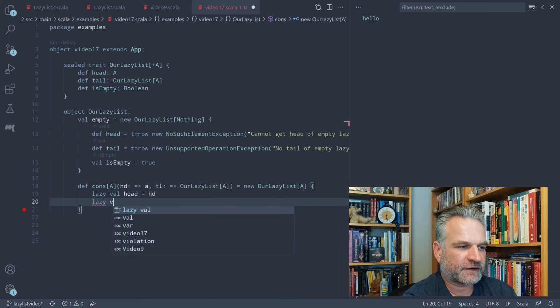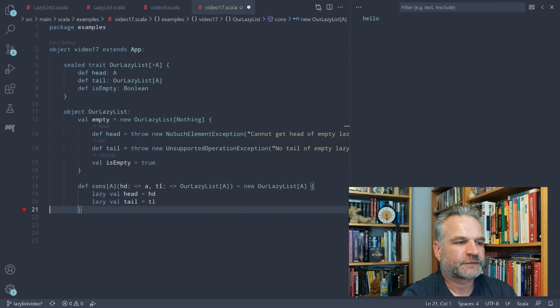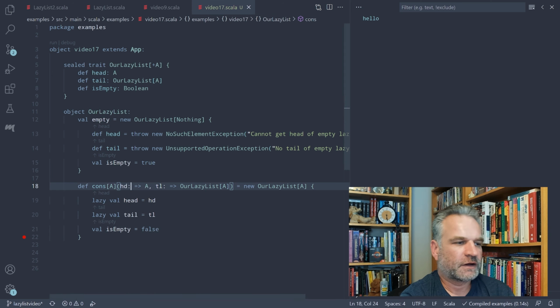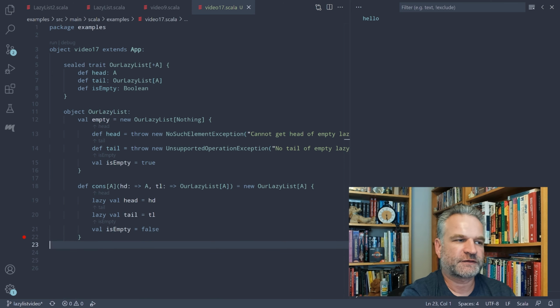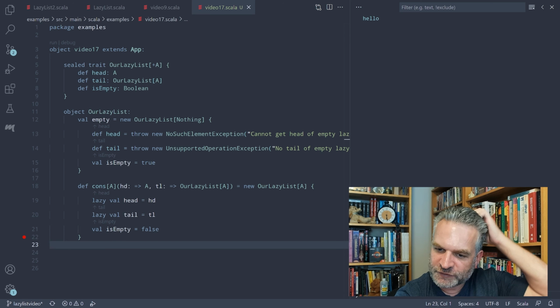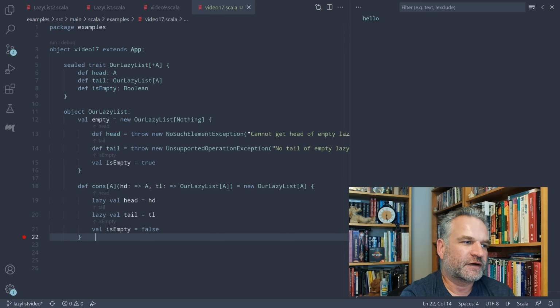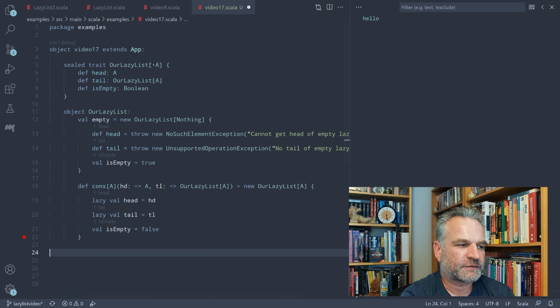And we want to do exactly the same thing for the tail. This is going to be tail. And then the isEmpty value, of course, will be false. So perhaps surprisingly, that's all we need to do to build lazy lists. And obviously we need a lot more functionality before we can actually use them for something. But it's interesting that just in 9 lines of code, we've created enough to actually build a lazy list,